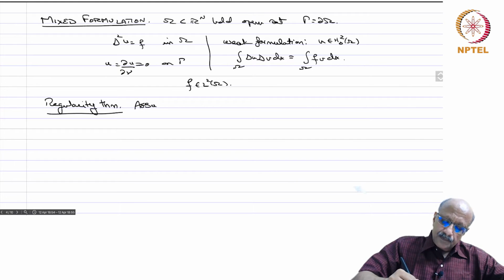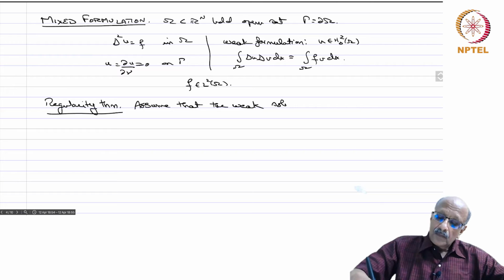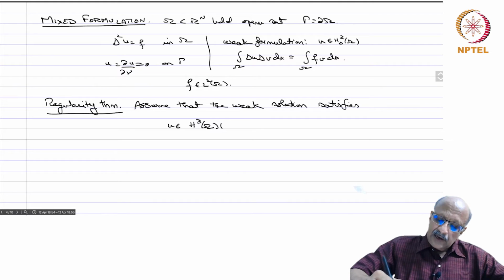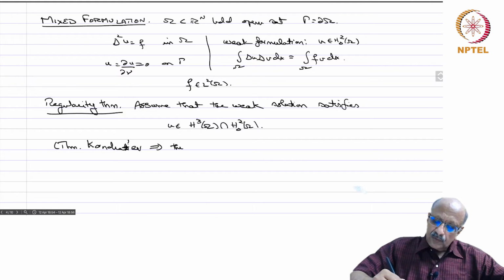Assume that the weak solution satisfies u belongs to H3 of omega intersection H20 of omega. So there is a theorem of Kondratiev which says that this is true